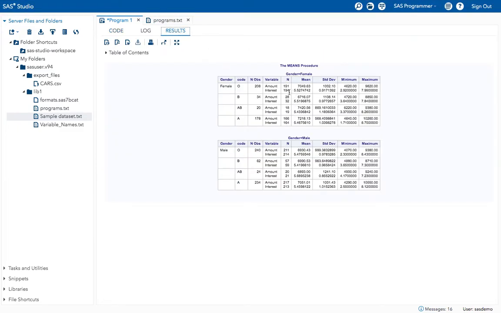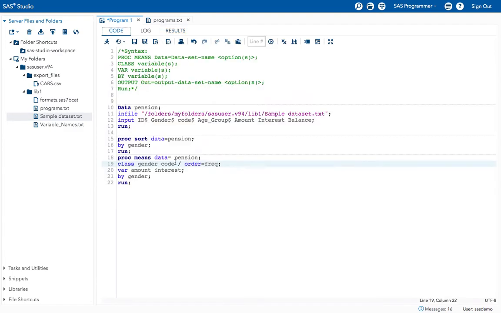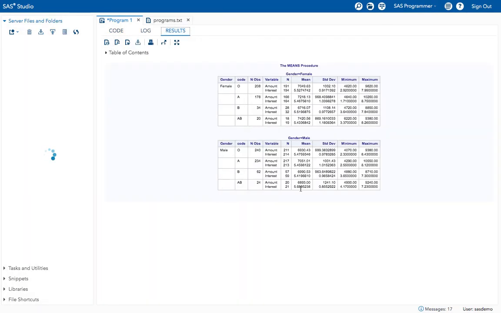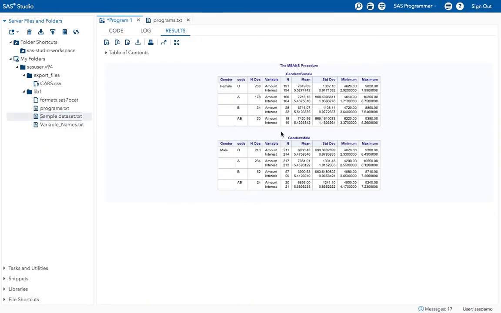Now see how I have the results. I have 208 here, 34 here, 220 here, 178 here. Now after applying this order frequency, let's see my results.